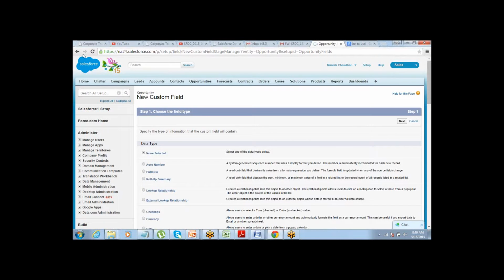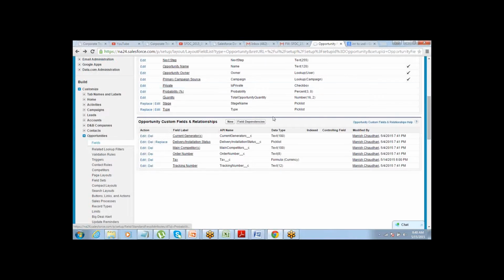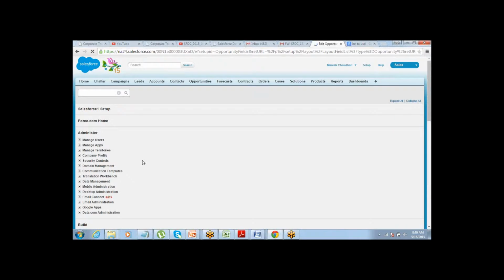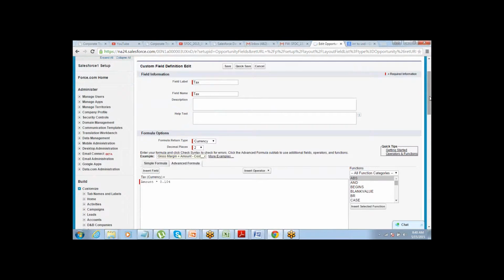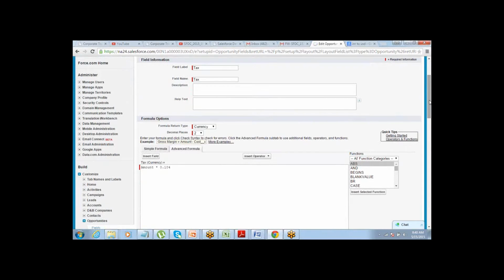I don't need to create a new field this time. I just need to edit the existing field, right? So this is the existing field. Go ahead and edit. My company's logic has changed. They want tax to be calculated based on the amount. If it is less than 50,000, then 10%. If more than 50,000, 20%.